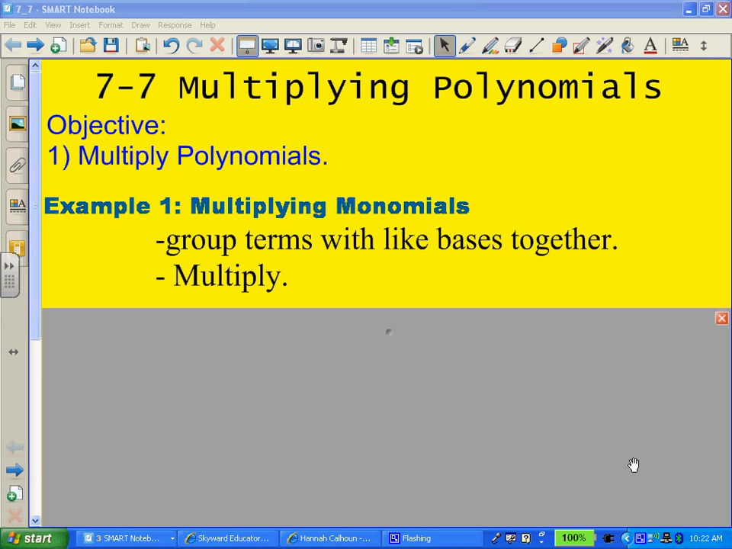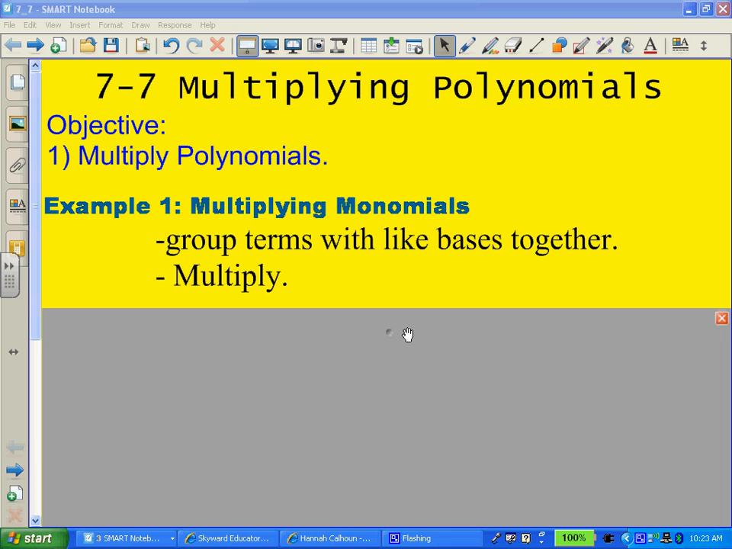Hi there, we're going to be talking today about how we multiply polynomials together. Now we're just going to start out with multiplying monomials together. Remember, those are just polynomials that have one term. They're called monomials. So when we are multiplying them together, we're going to group the terms that have the like